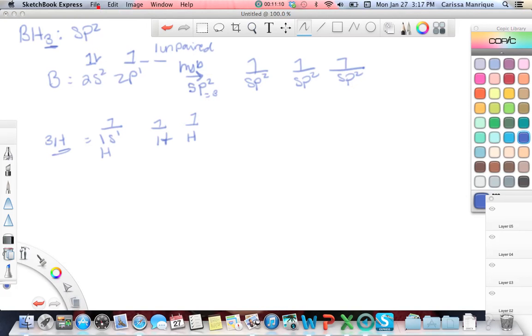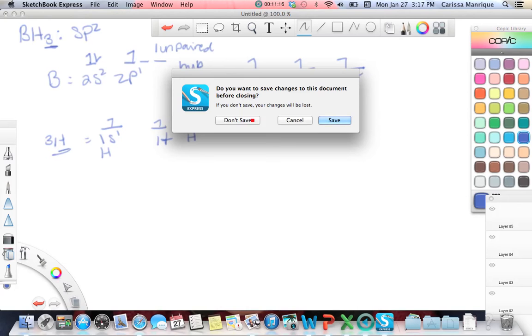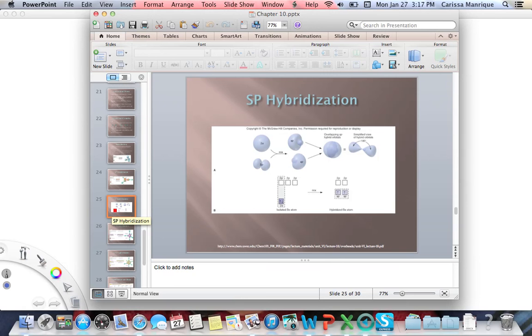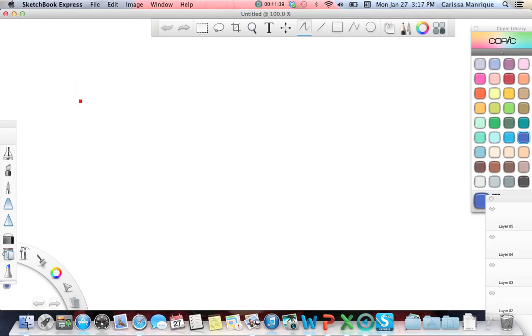Okay, now let's look at sp. And they're doing, it doesn't say which one they're doing here. So let's make up an example. Oh, they're doing beryllium. So beryllium H2. BeH2. So again, we'll look at beryllium, which is going to be